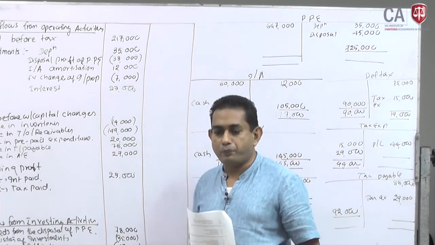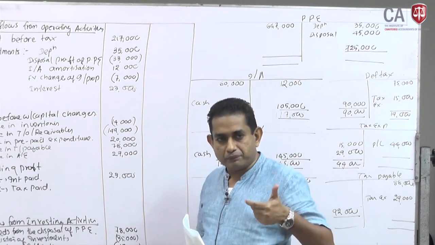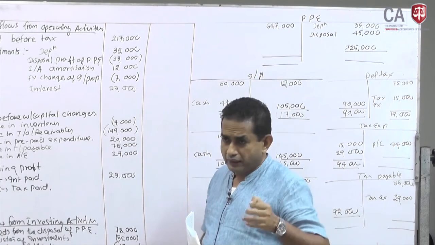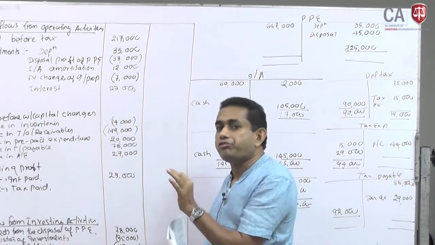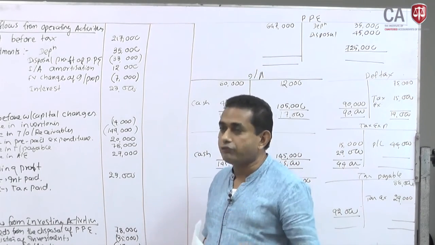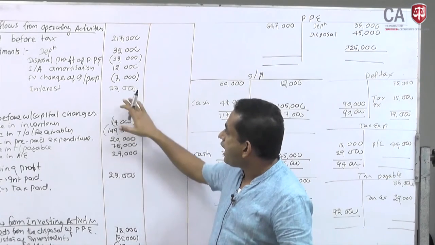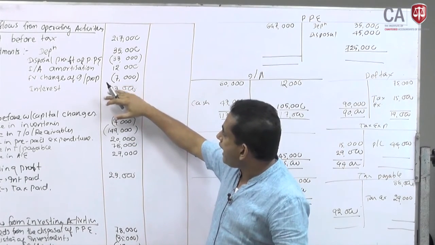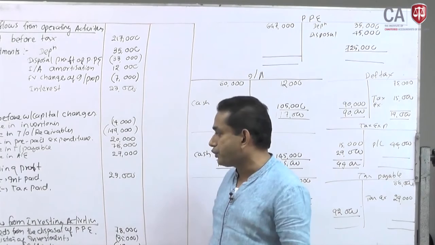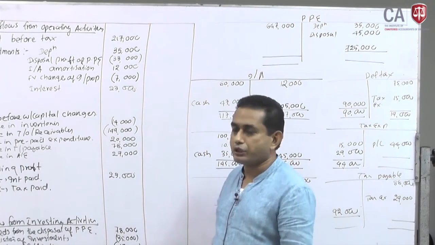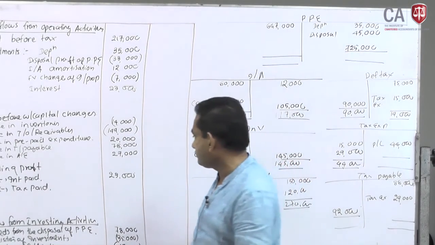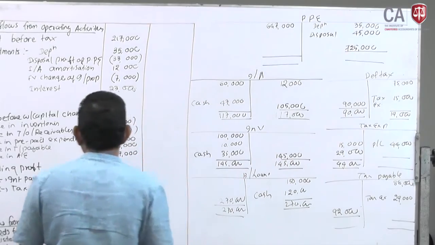In order to get the cash flow statement to reflect the cash flows arising from the interest payments, I need to add it back to the profit and then show it as a separate cash payment. That was one reason. The other one,